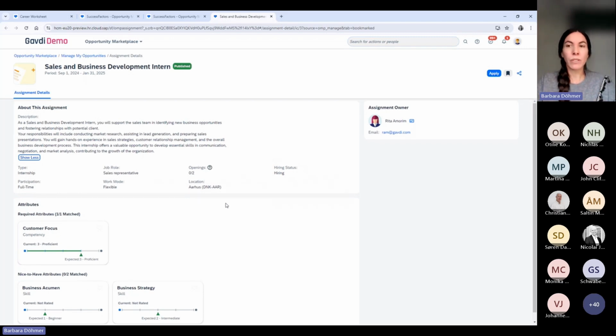If you'd like to apply, you can just go to apply, and your application will be reviewed by the owner of the assignment, or owners, depending on how many people are owners, and they will let you know whether you are going to be considered for this assignment or not.